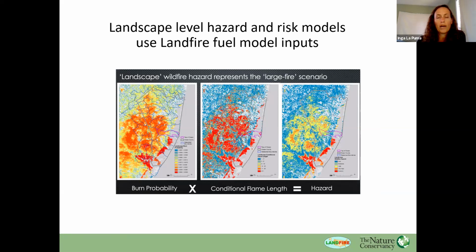So what we noticed, and this graphic is from Eva Karau out in Missoula, she created this, but the first time she ran the FSIM model with the LANDFIRE inputs, that middle frame there for flame length was basically 0 for the entire Pinelands of New Jersey, mostly pitch pine dominated systems. And so that didn't look right. And what we found out was that